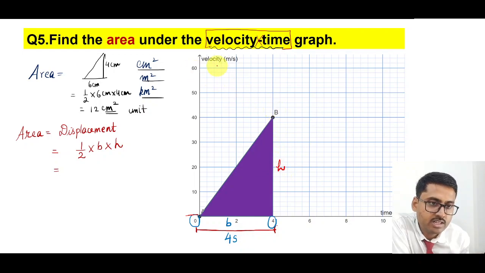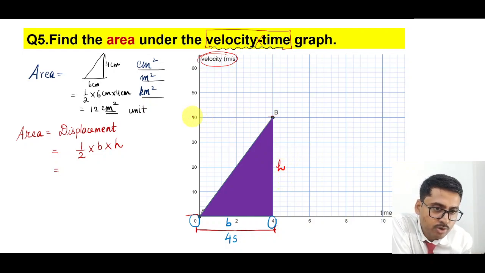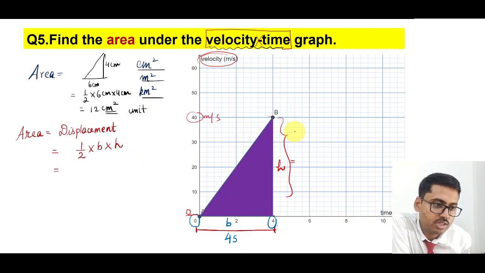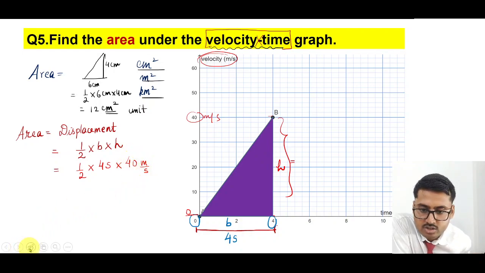So height basically is in the velocity axis. The value for point B is 40 meter per second, and for this point over here, this is 0. So what is the height over here? Height is basically this length, and that is 40 meter per second. So if I now put the value here, B is 4 second multiplied by the height, which is 40 meter per second. You can see here how nicely the two units seconds and seconds get cancelled,